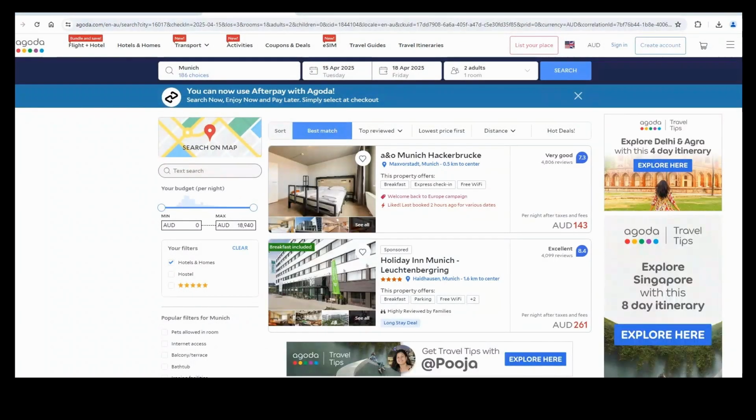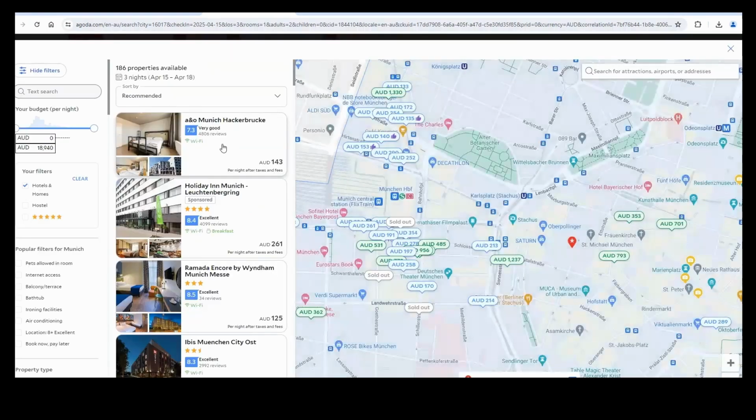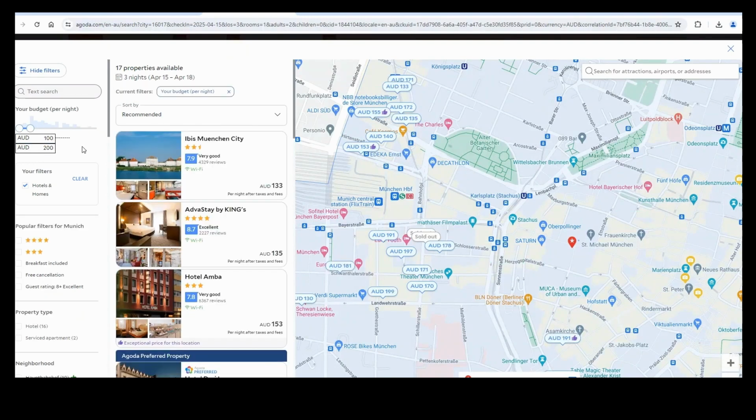This time, I want to show this feature where you can search based on a map instead of a list, which I find can be more useful if you're looking for a specific location, such as this one where we want to be next to the station. So we'll go ahead and adjust our price in the filter on the left. And then I want to show you how we can filter our results based on reviews.